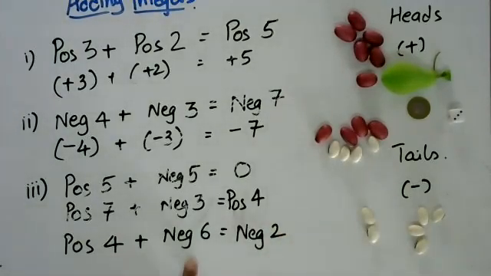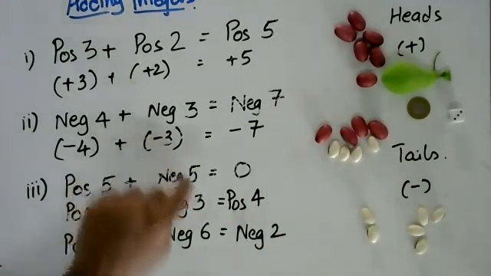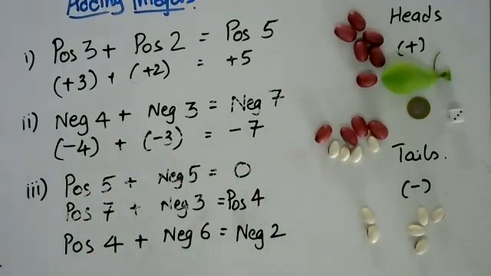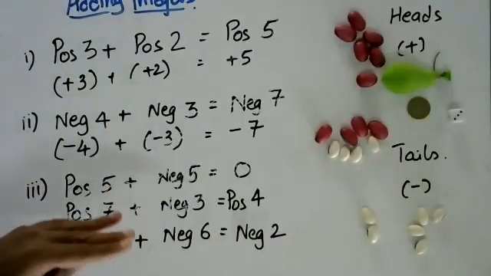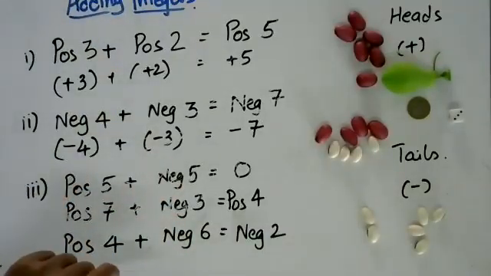So you see that is interesting. If you have more negatives than positives, obviously you are going to end up with a negative. If you have more positives than negatives, you are going to end up with a positive. And if you have equal positives and negatives, you end up with 0. So these are the 3 different broad possibilities, and in the third possibility also there are 3 possibilities. I hope that is absolutely clear.